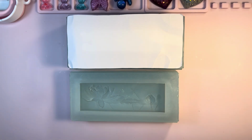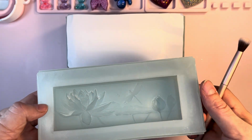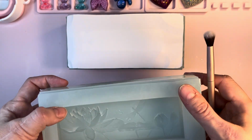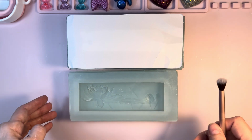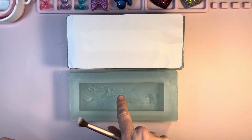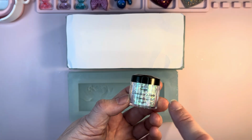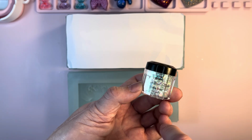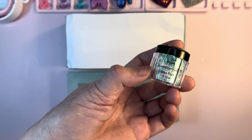Alright guys, so welcome back to another video. So today I want to pour this lotus box mold that I got from IntoResin. It's a beautiful mold. It is matte. So I'm going to attempt to paint just the backdrop here with, or put on, the chameleon flakes, the opal flakes by IntoResin,